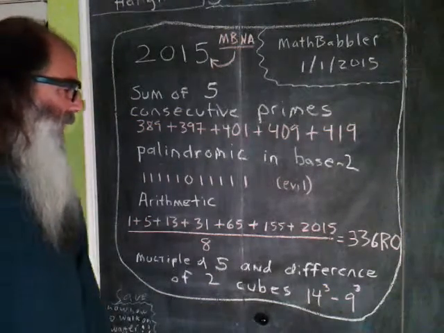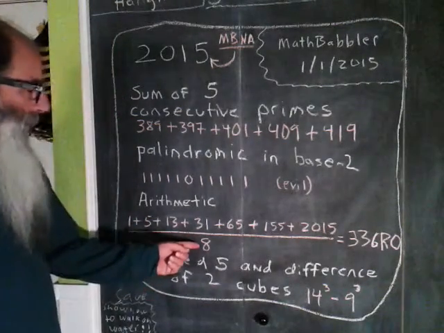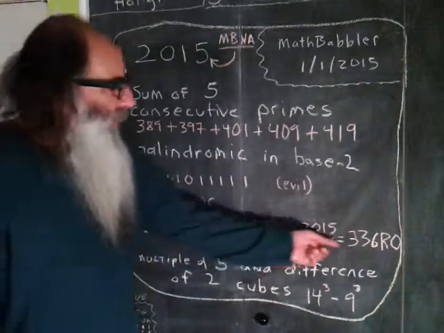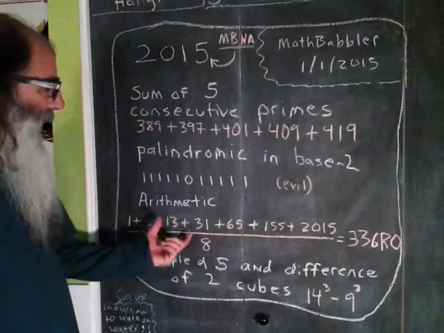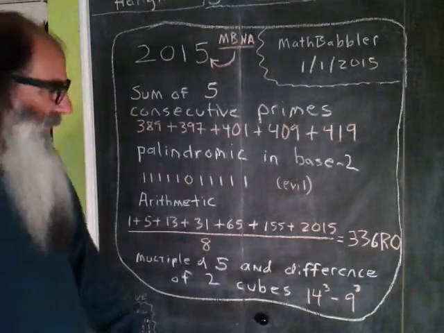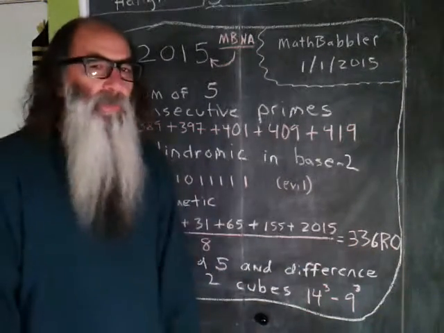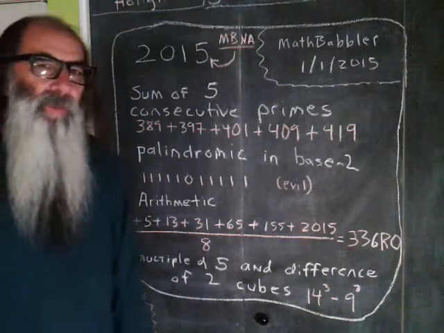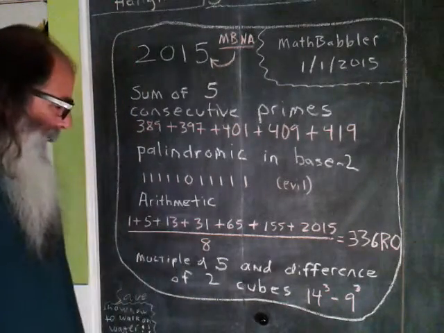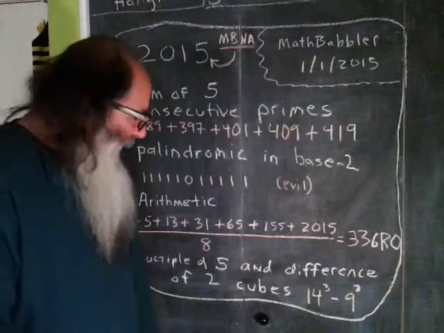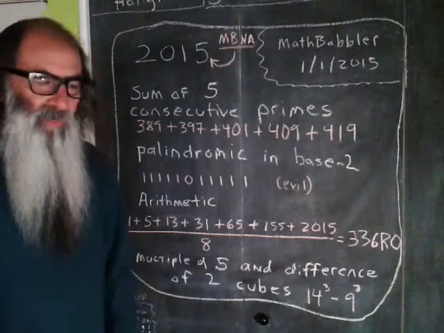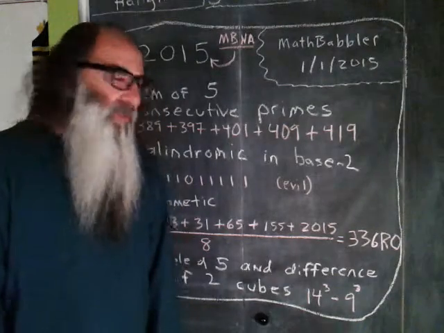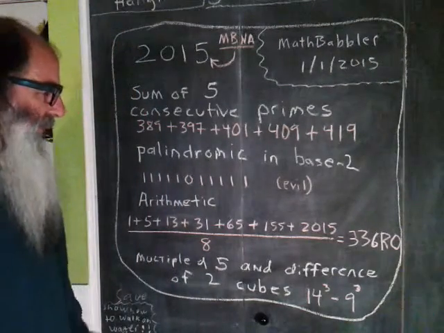If we sum those and divide by the number of divisors, which is 8, we get 336 remainder 0. In other words, the average of the divisors of 2015 is a whole number, making 2015 an arithmetic number. And then lastly, in the OEIS, the Online Encyclopedia of Integer Sequences, there is a sequence